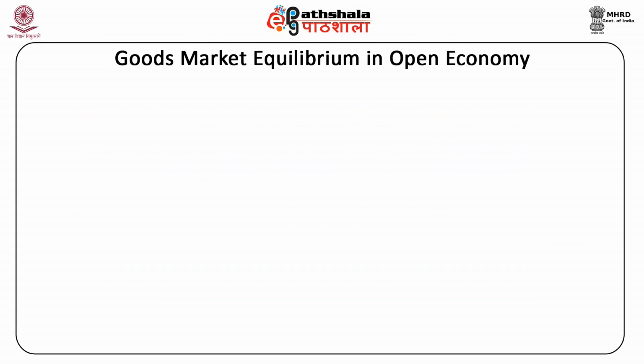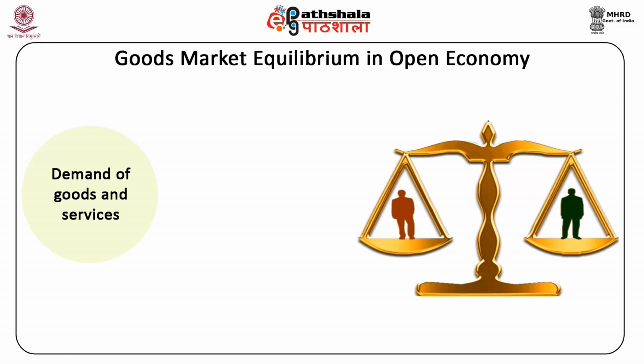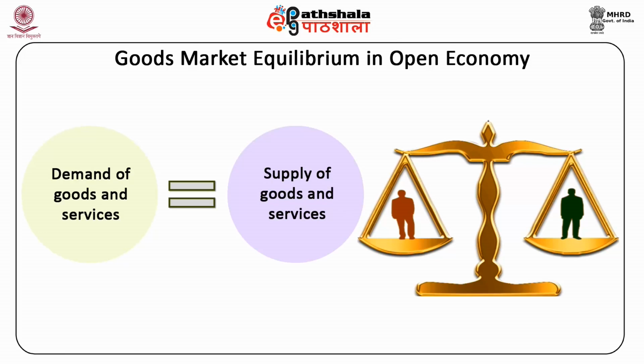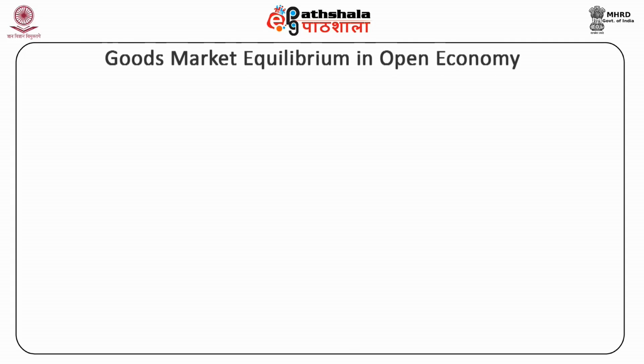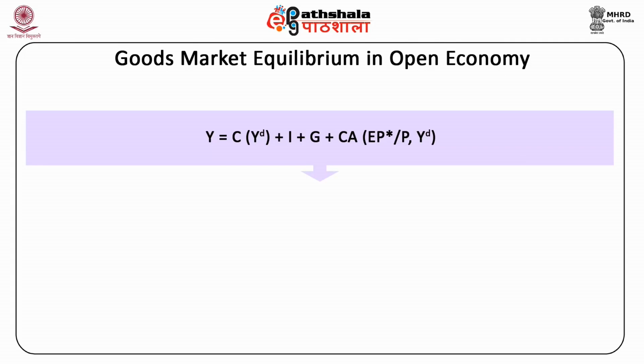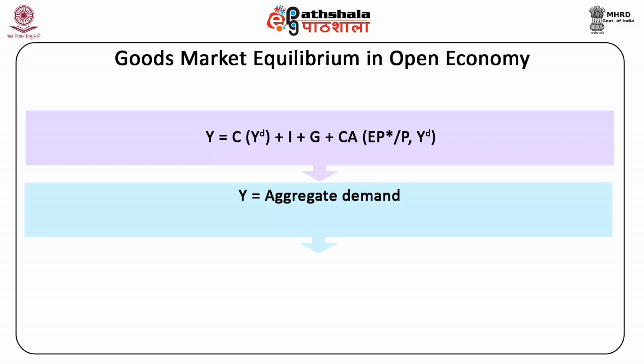Now, we study the goods market equilibrium in open economy. Goods market is in equilibrium where the demand for goods and services is equal to its supply. For an open economy, equilibrium in goods market is attained when Y = C(YD) + I + G + CA(EP*/P, YD), where Y stands for aggregate